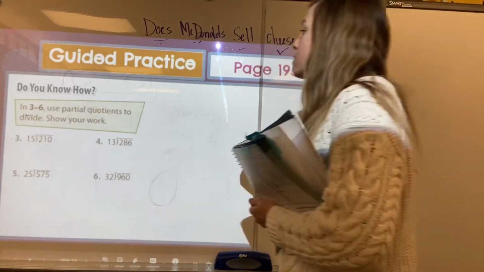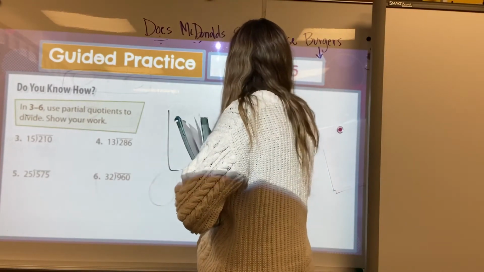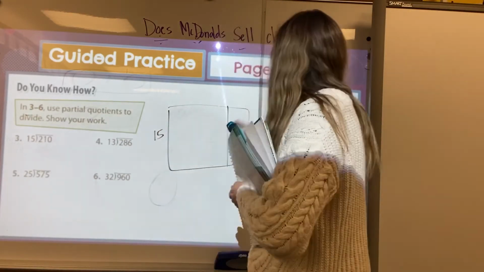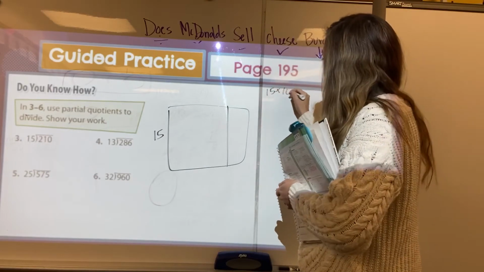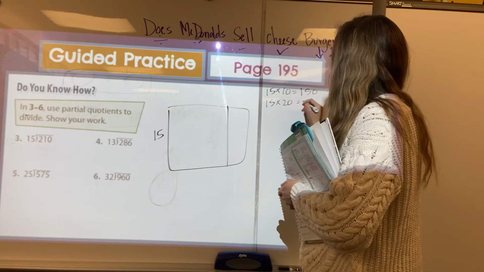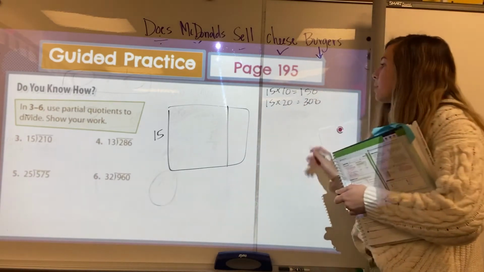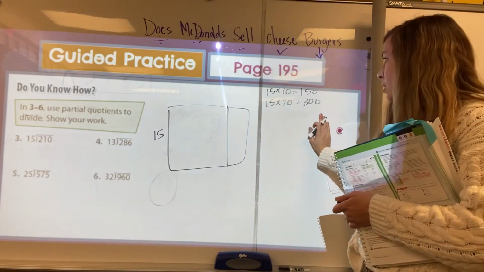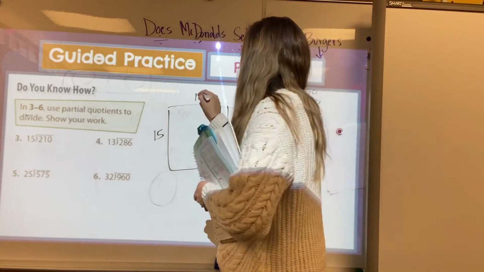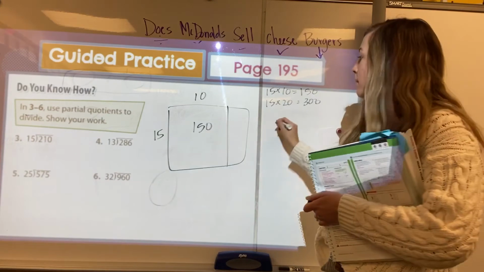Okay, so our first one is 210 divided by 15. So let's try to break it down with our model first. So we'll have 15 here, and I'm going to do 15 times 10. Well, that gives me 150. 15 times 20, that's going to give me 300, right? Yeah. So I know 300 is too much, so we're just going to go for our 15 times 10. So we'll put 10 up here, we'll put our 150 right here, and now I need to take my 150